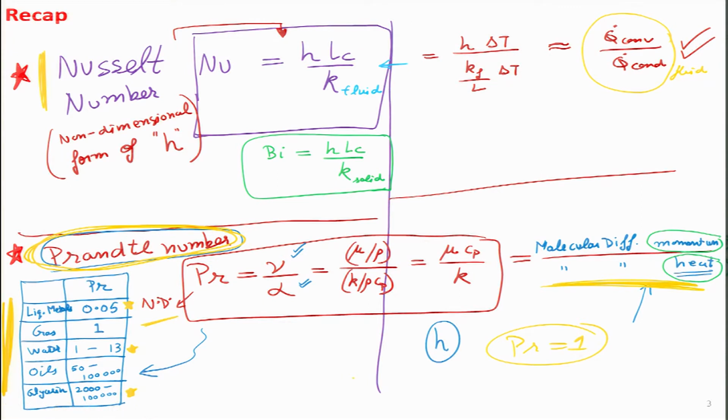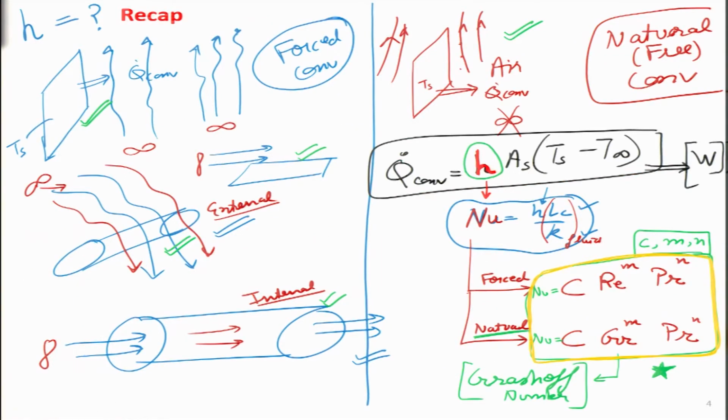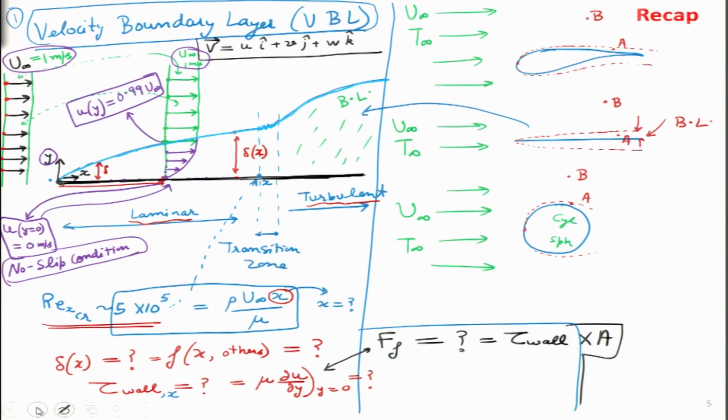Let us go ahead and see what we did in lecture number 14 last time. Earlier we had defined parameters which are linked to convection heat transfer like Nusselt number and Prandtl number. Last time we looked at some powerful equations which simplify greatly all the complexities of convection heat transfer, and we started looking at concepts like velocity boundary layer, which is shown in the blue color over here. We also looked at the critical Reynolds number, and there were some questions we had not answered. So, we have put a lot of question marks over here.